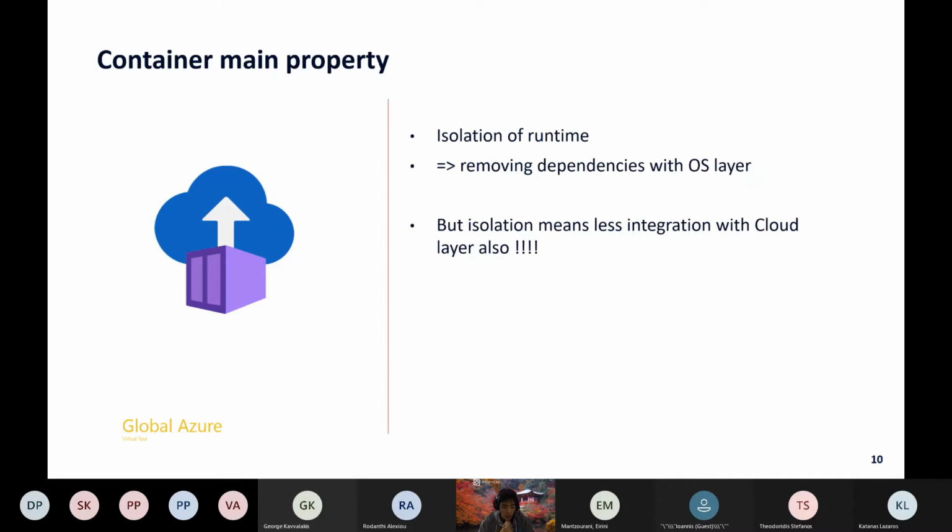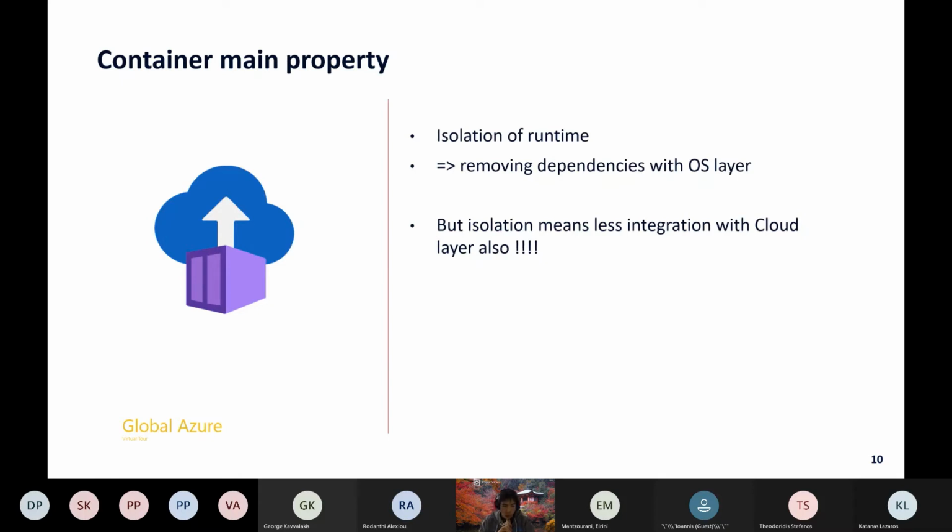And then when we have a container running on an OS, on a virtual machine, it does not see, or it's not seen by the cloud provider. So the association with managed identity does not work that much, for now at least. We have some exceptions. If you take your Azure Container Instance, this is a container managed by Azure, and you can associate some managed identity, with some limitations, one being that you cannot live in the virtual network, but again, that's another story.